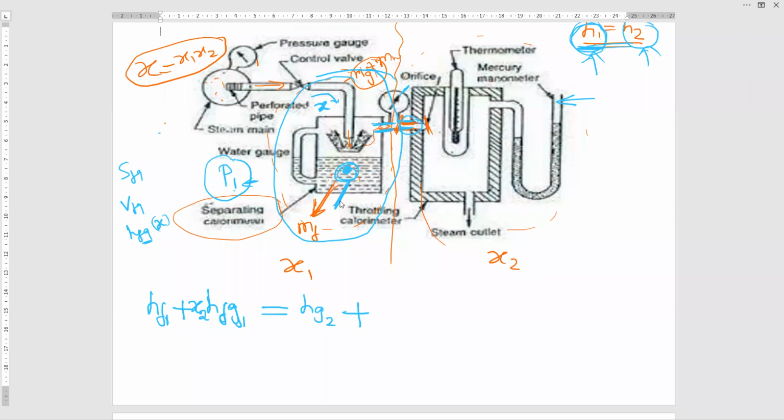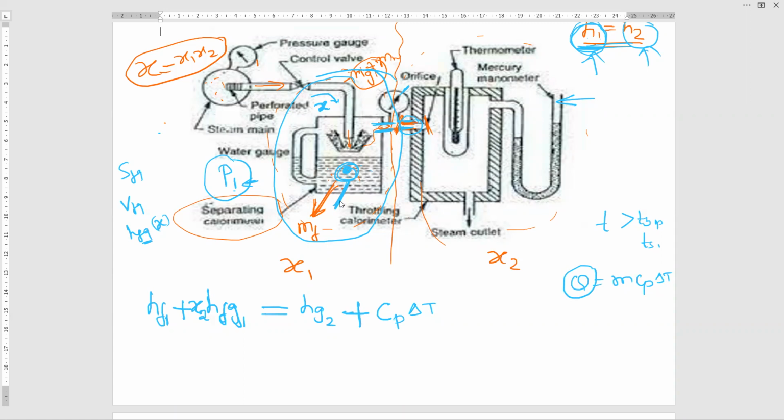And dear students, one more point you need to remember to write this equation is, in industry, when you are conducting experimental work in the laboratory or wherever, this steam will always be superheated steam. Superheated steam means the temperature of the steam is above the boiling point or saturation point. So for that reason, we have to multiply with Cp delta T. What is that Cp delta T? We know the equation, no? Q is equal to m Cp delta T. So to make it superheated, whatever the extra heat you have supplied, you have to add it here.